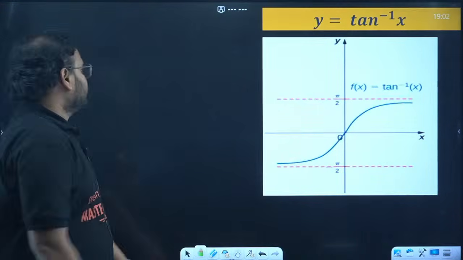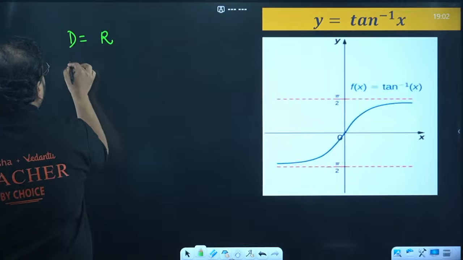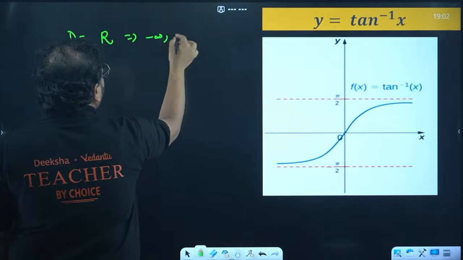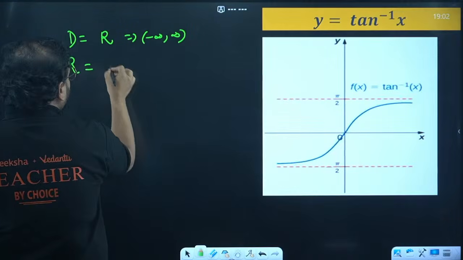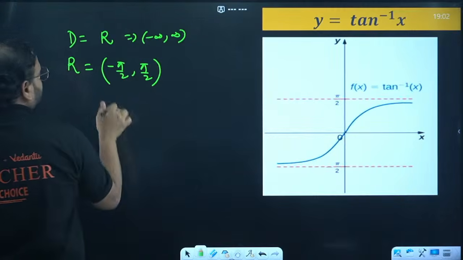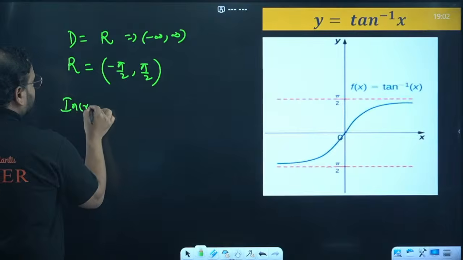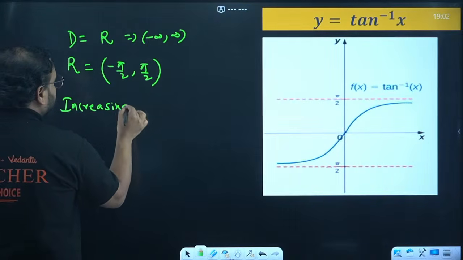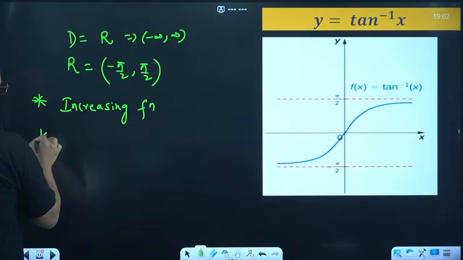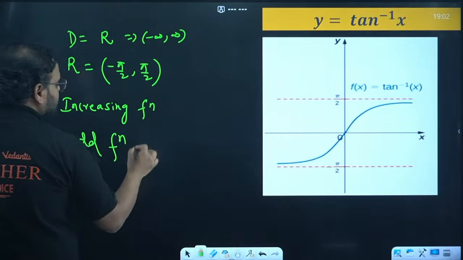Domain is all real numbers, meaning minus infinity to plus infinity. Range is what? Minus pi by 2 to plus pi by 2. And one more thing, this also is an increasing function. One point is this, and the second point is, of course, you can see clearly that it is also an odd function,